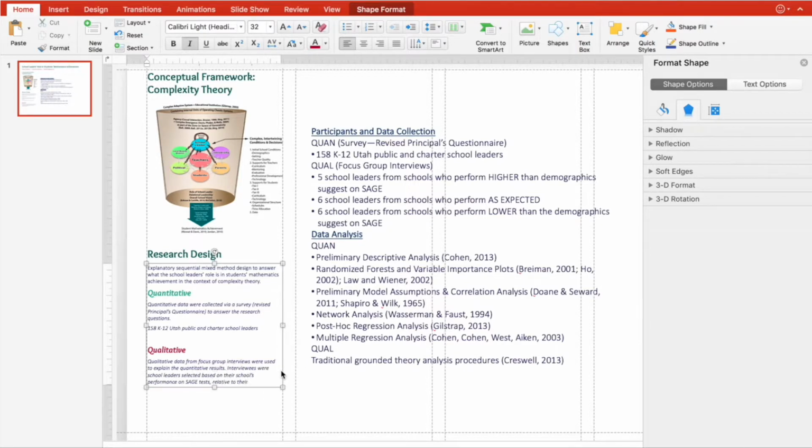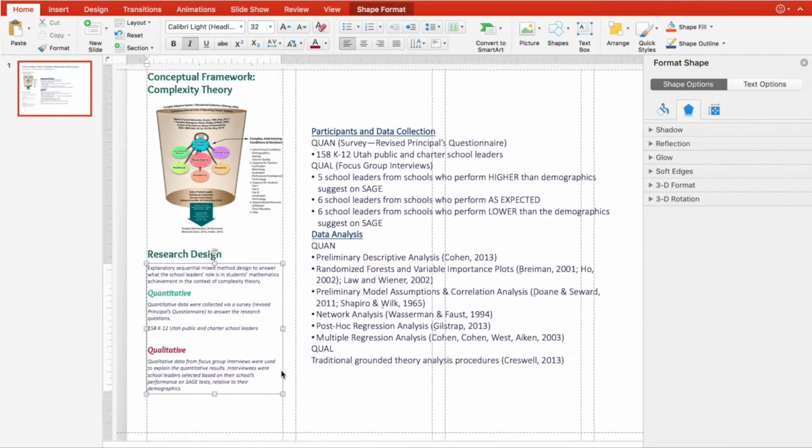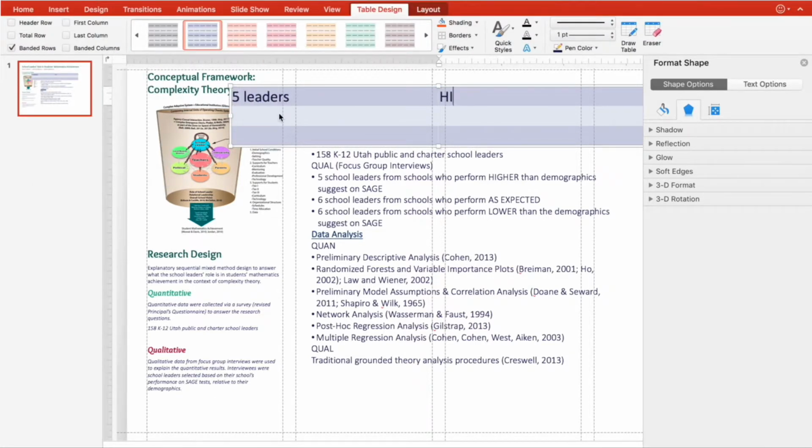The next thing that I did is I combined and restructured some of her paragraphs so that I could introduce the project a little bit earlier on. So I did a little bit of rewriting, a little bit of tweaking. I wanted to bring the participants into the research design. So I created not a bullet or a diagram, but actually a table to help pull those out so you can see and jump to exactly what those